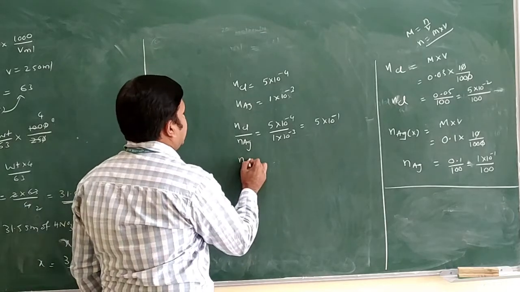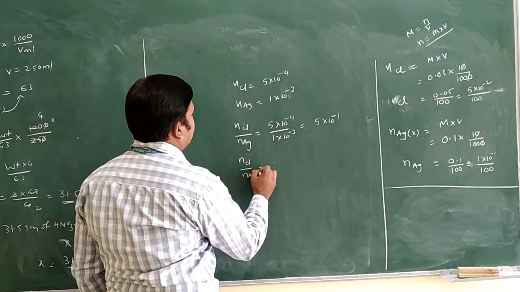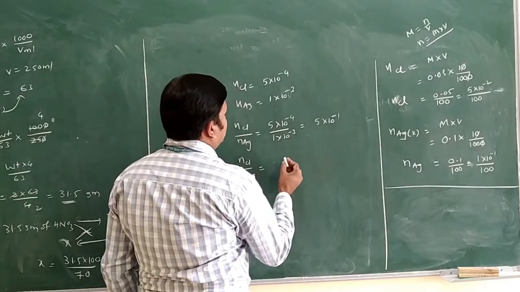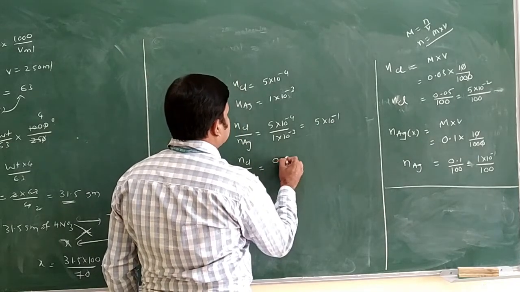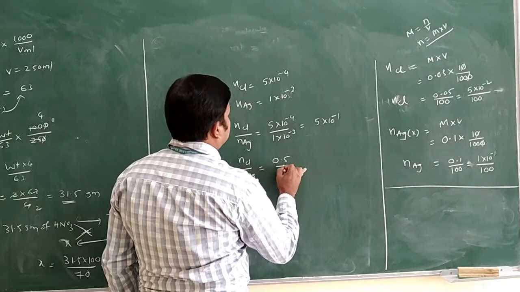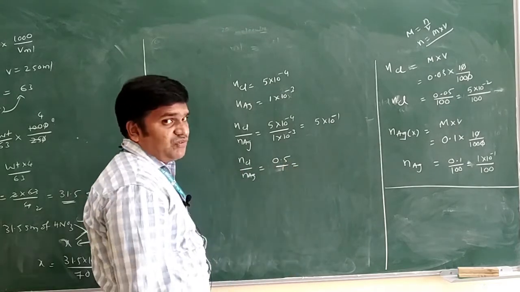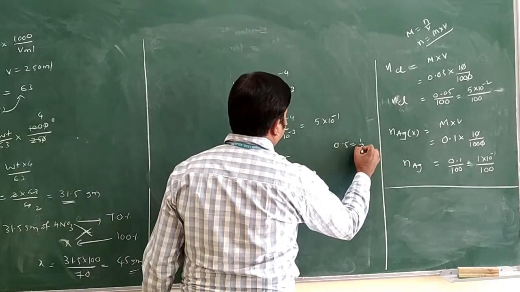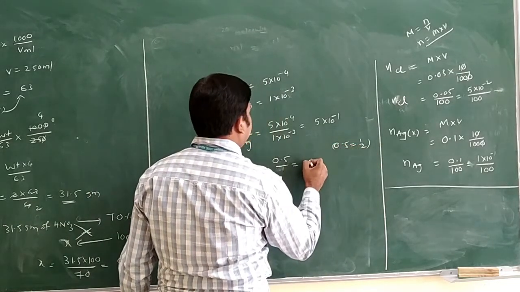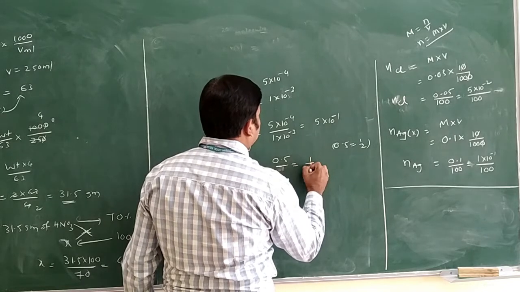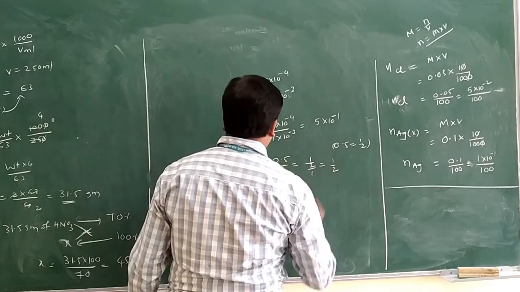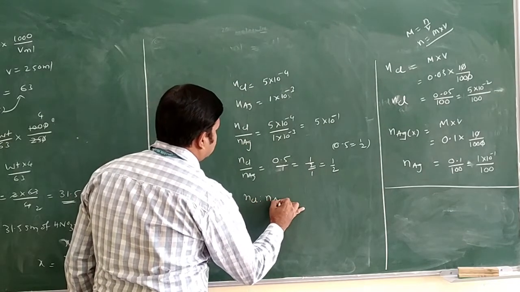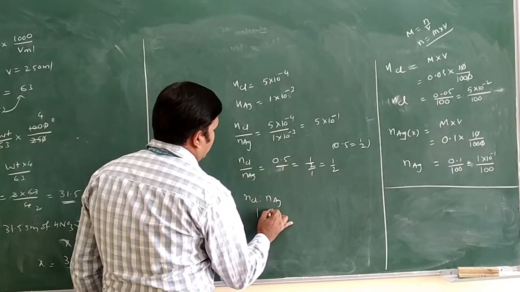Okay. And number of moles of Cl by number of moles of Ag, suppose you are taking, then 5 into 10 power minus 1, how much will you get? 0.5 only, na? This is 0.5. Okay, by 1 I am writing. 0.5 means how much here? 1 by 2. 0.5 is equal to 1 by 2. Then you will write here 1 by 2 by 1. How much will you get? 1 by 2 only. Now here the ratio of number of moles of Cl to number of moles of Ag, how much is it? 1 is to 2.